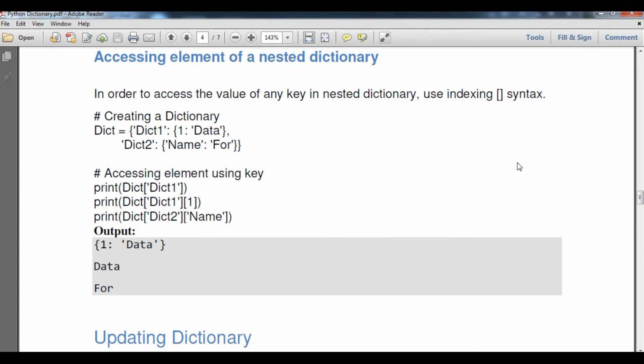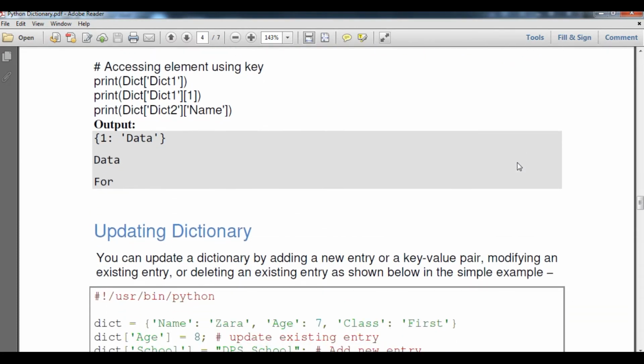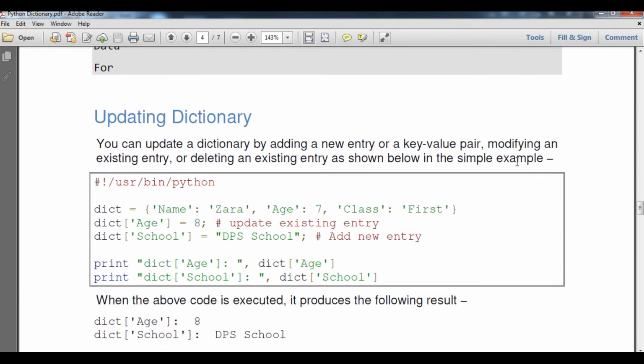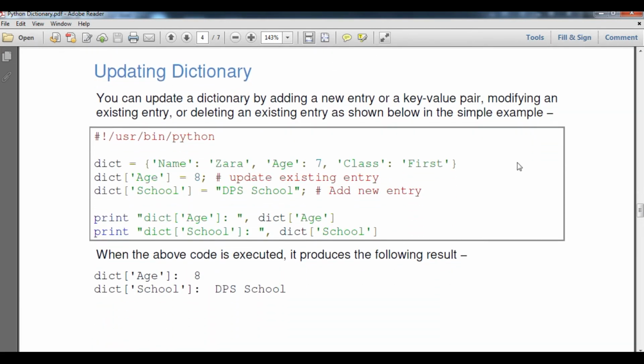And now we are going to understand updating a dictionary. So here we are going to update a dictionary, because the dictionary is not immutable, it is mutable. That means we can change it. So you can update the dictionary by adding a new entry, a key or a new pair. Okay, so it means we can update a dictionary by adding a key value if it is fresh, or we can modify an already existing entry by deleting the entry, or by updating the entry, or changing the value.